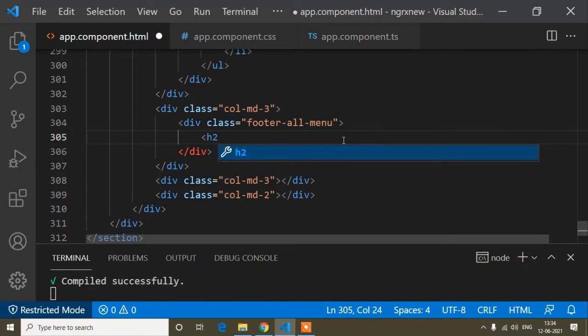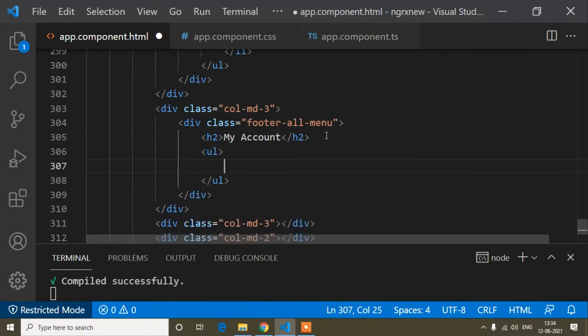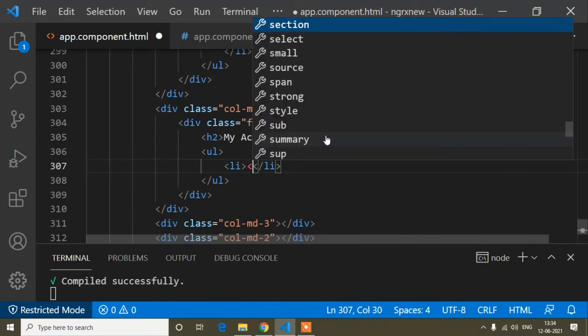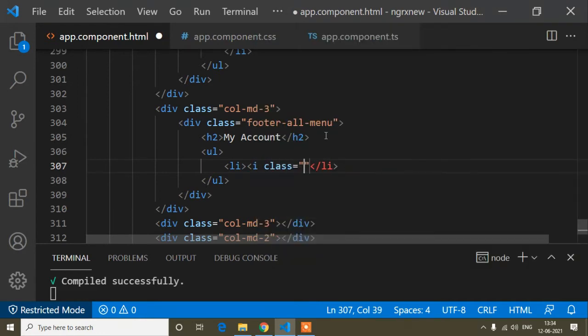And now the h2 tag, and inside this h2 tag here I will write my account, and after that ul, and inside this ul here I will write li, and first of all I will add a class, that is i class, I mean I will add a font awesome icon. So fa and fa circle, so that class will be added, fa circle.